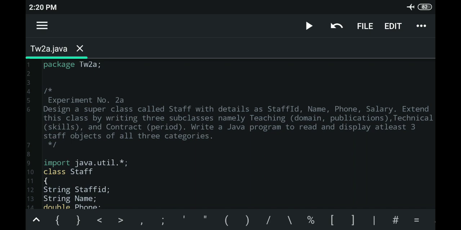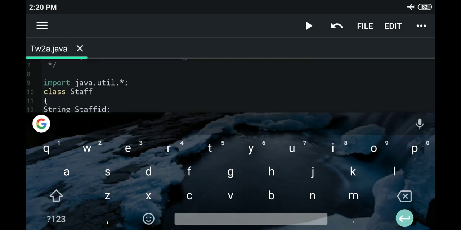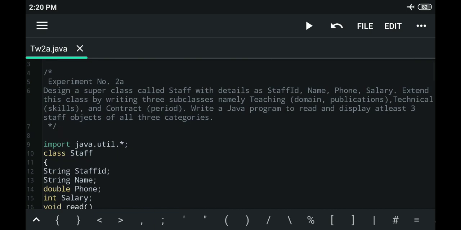And write a Java program to read and display at least three staff objects of all three categories.